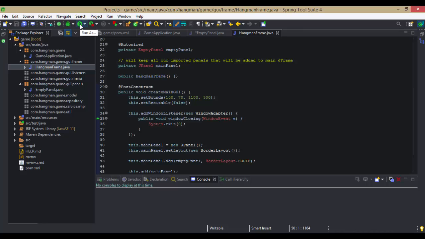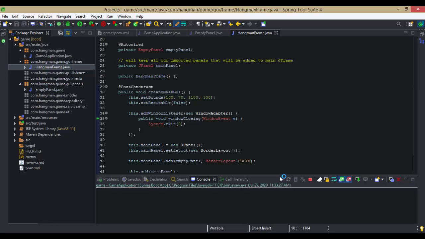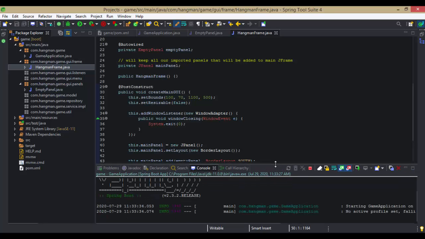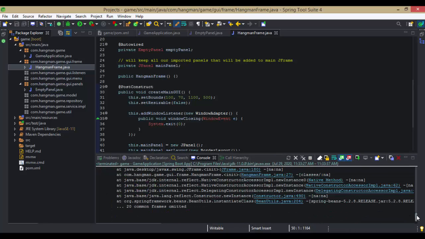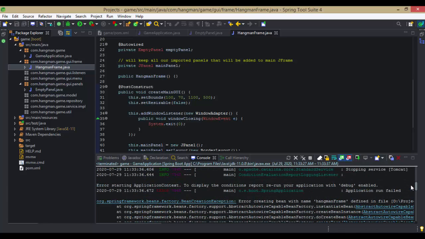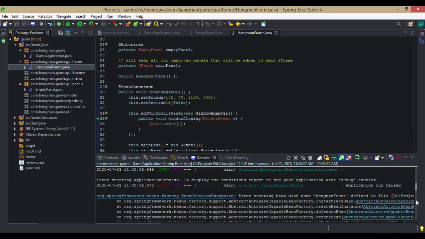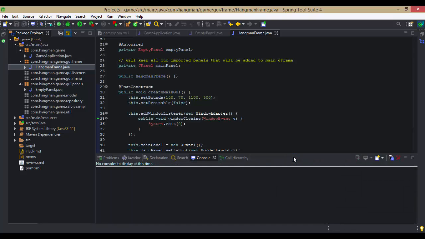Now let's start the application. Let's save the empty panel. And you see that we received an error. Spring does not work well with swing corresponding components. And you see the error here that is related to headless. In order to fix this, we need to navigate to the